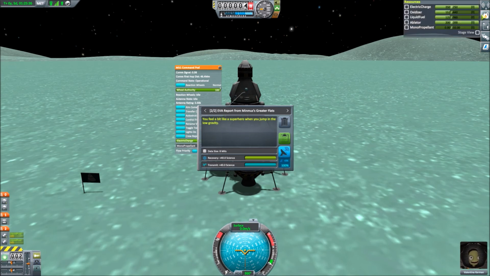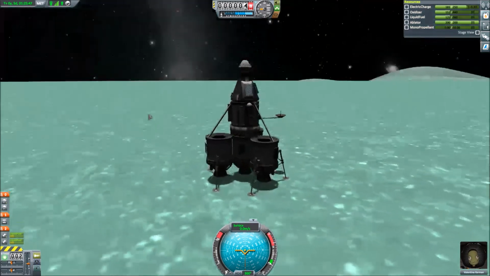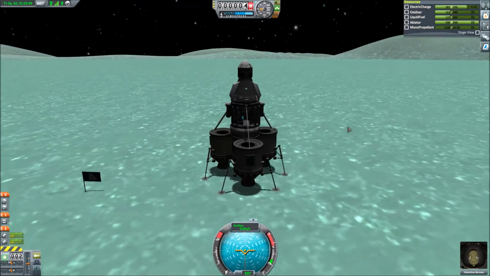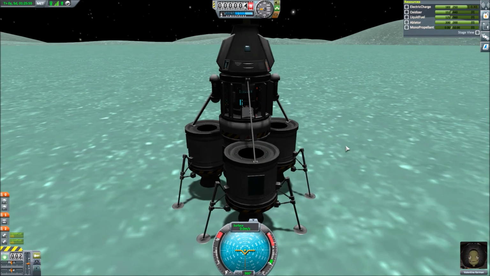We have the power. Yeah. Transmit that. Beautiful. And surface sample? No. We're going to take that with us. Keep that. All right. Awesome. So, actually, while she's here, because I don't always trust that all of this will make it back intact,